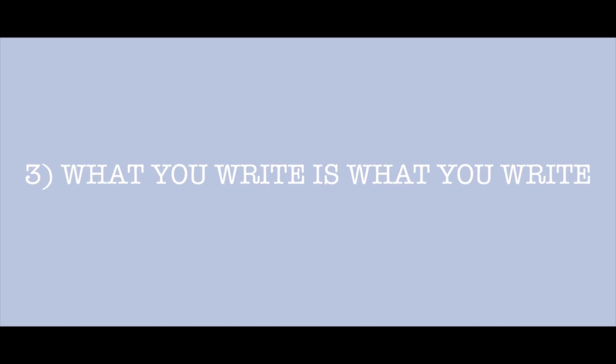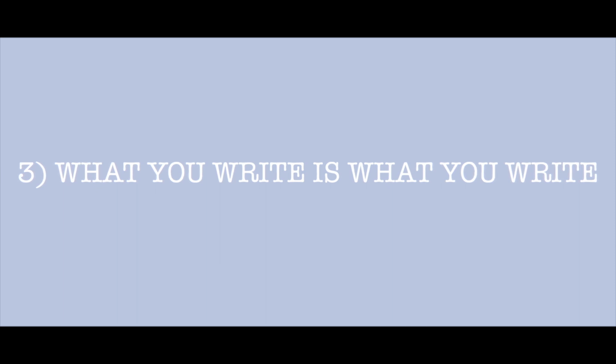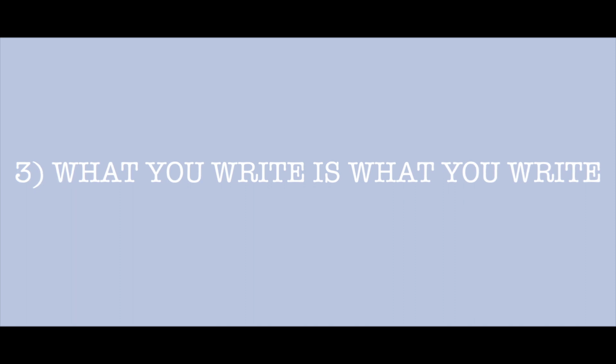Yeah. Tip number 3, what you write is what you write. I know this sentence seems like it's just repeated again, but honestly, it's a very important tip. I do not like people copying their resources completely or in chunks. You could copy some points from your resource, but do make sure you rephrase it in a way that you can better understand. Use diagrams, draw whatever you imagine beside it, like doodles, so that you retain your information much better,